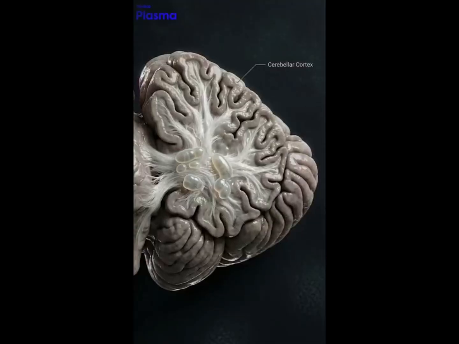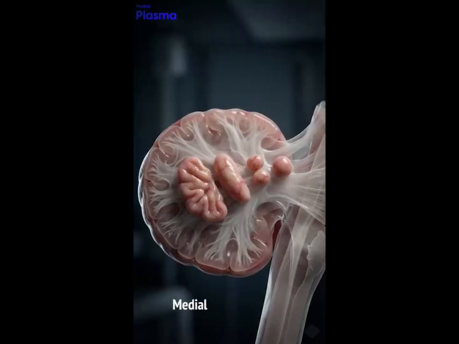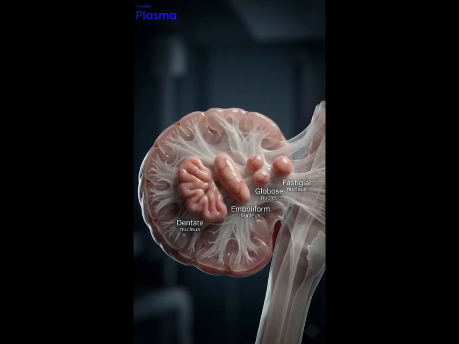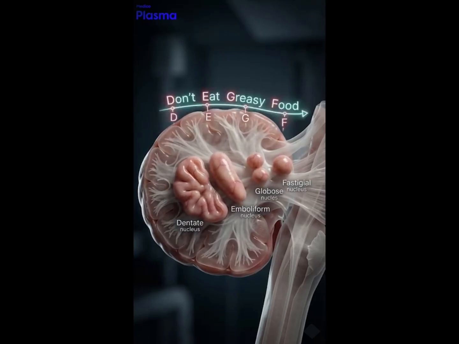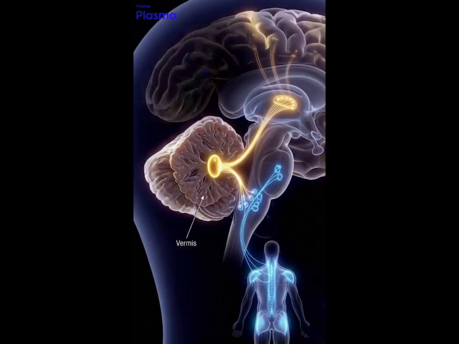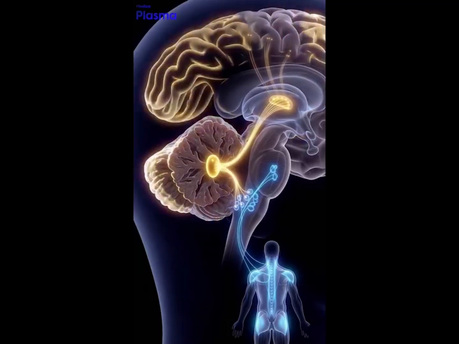Deep to the cortex lie the deep cerebellar nuclei, embedded within white matter. From medial to lateral, these are the fastigial, globose, emboliform, and dentate nuclei, remembered by the mnemonic "Don't eat greasy food." The fastigial nucleus, associated with the vermis, projects to vestibular nuclei and ventral lateral thalamus to influence axial and